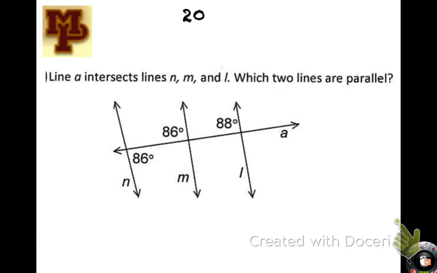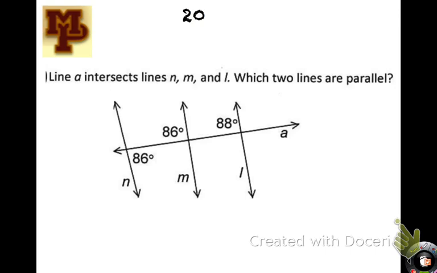Okay, line A intersects N, M, and L. Which two lines are parallel? So what you're looking for are some special things, like maybe alternate interior angles being congruent, or maybe corresponding angles being congruent, or maybe same side interior angles being supplementary. So anytime they're on the same side, they need to be supplementary to be parallel lines, and anytime they're on the opposite side of the transversal, they need to be